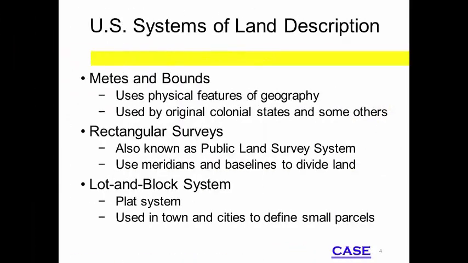3 different common systems are used to survey land in the United States. The metes and bounds system was inherited from England. The 13 colonial states, as well as Maine, Vermont, Tennessee, Kentucky, and West Virginia, were surveyed using the metes and bounds system. The system uses physical descriptions of the land, landmarks, points, angles, and measurements to describe the boundaries of